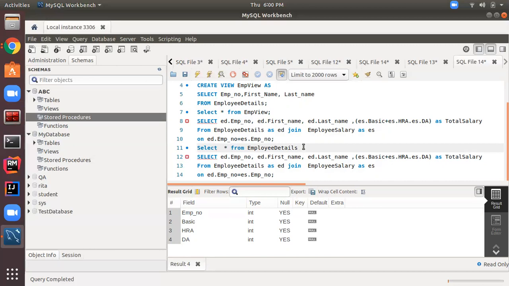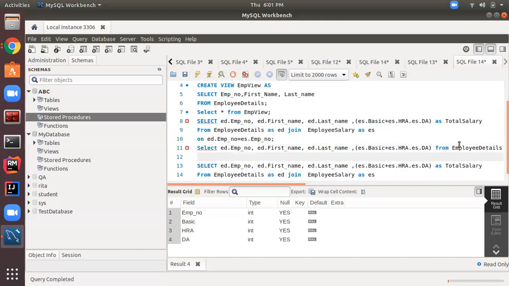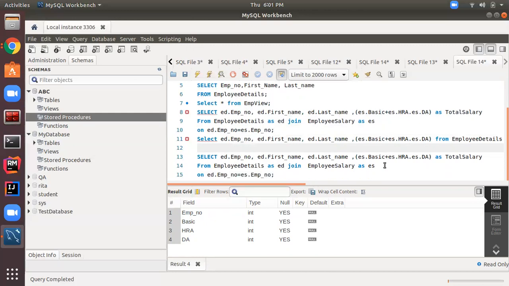Now it's not giving a problem. Then I'm rewriting this query again. I don't know why it's showing a problem over here. Employee details, ed. Now it's not giving a problem over here. Let's run this query.